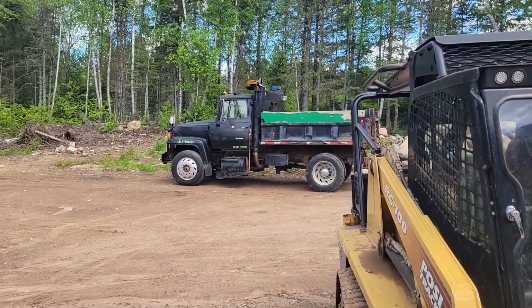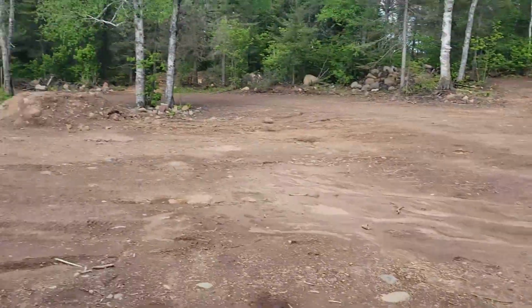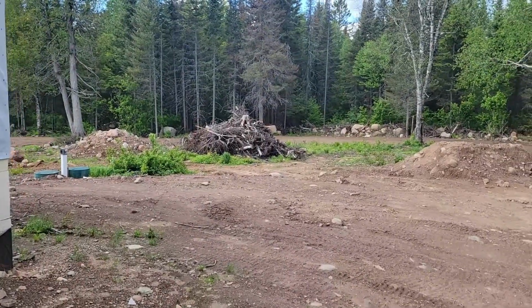All right, guys, it's another day, and I think we're going to see how the grapple does today. So we'll see if it cooperates or not. I was going to work on the dump truck, which is sitting over there, but I think I'm going to get some loader work done and try to get this cleaned up back here,